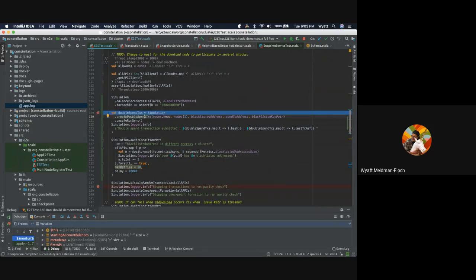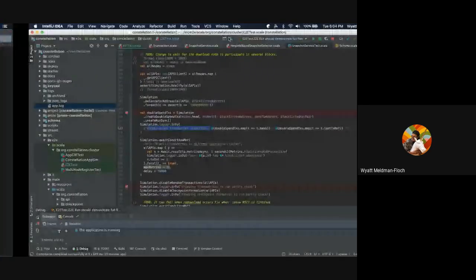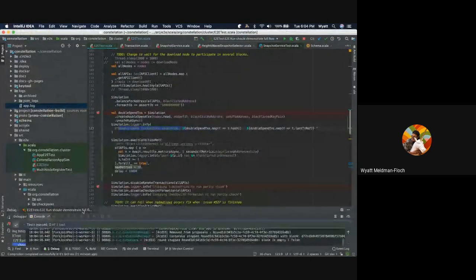What I've done here is set a breakpoint which stops the execution flow right in the middle, so it allows me to inspect the state. Right now we're stopped at the creation of the double spend. I'm going to move a little further down and wait to see whether we're able to notice that the double spend is created. I also have some logs here that we can take a look at. You can see specifically that we have a double spend transaction that was submitted,